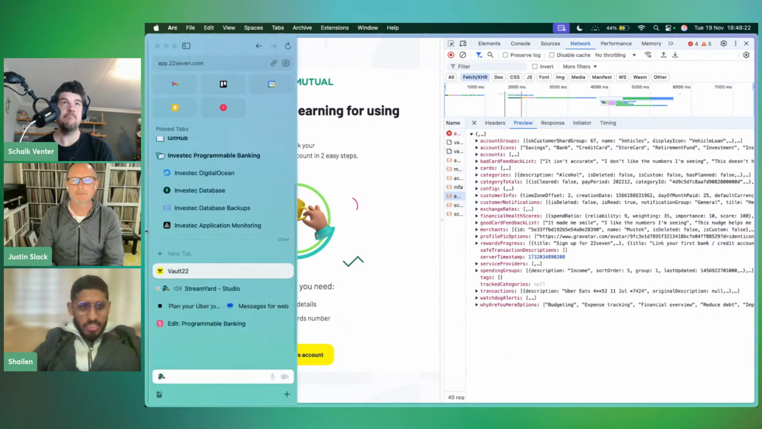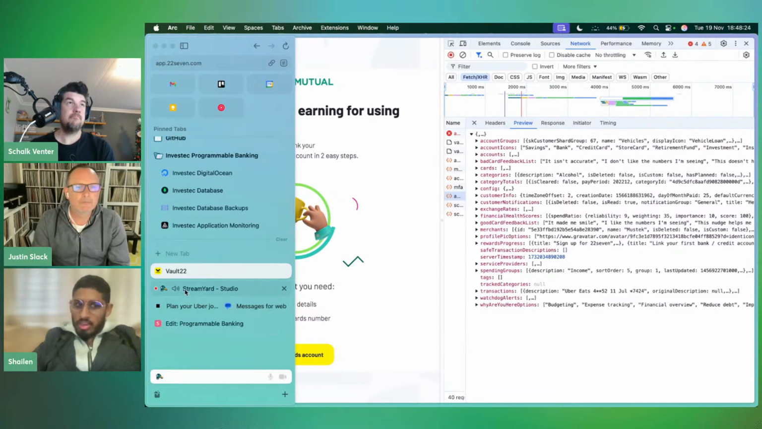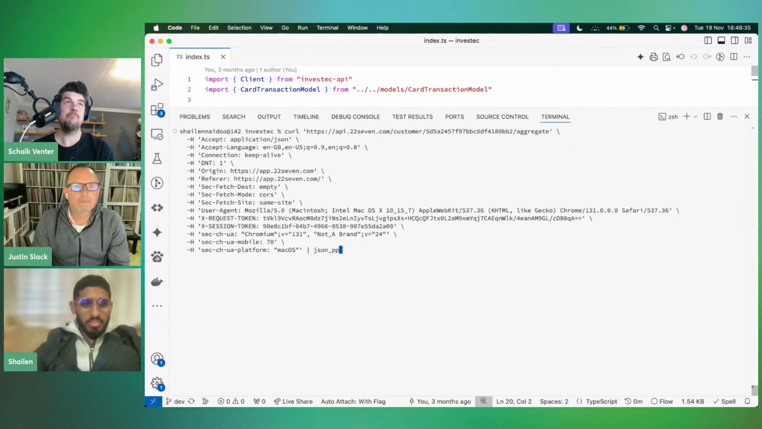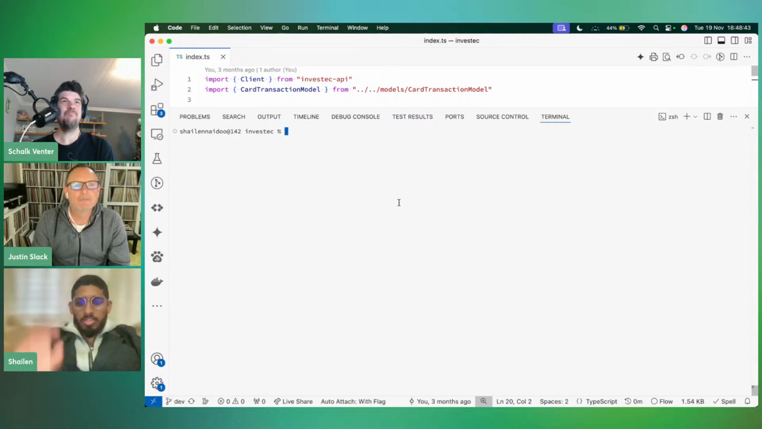So I basically just showed everyone that 22.7's APIs are completely open. I actually just exposed my session token, but it's all right, just refresh it. So you just get your session token, put that in an environment variable, and